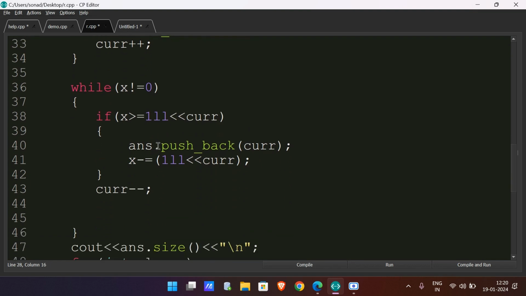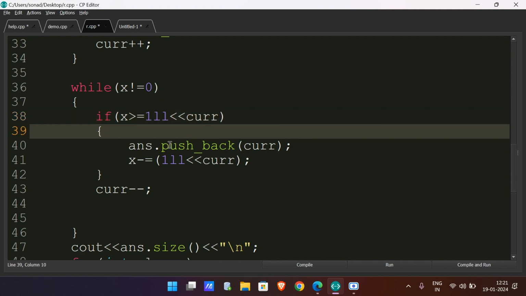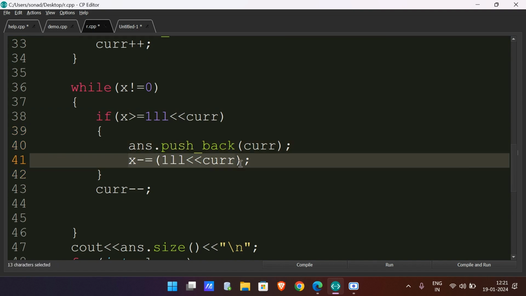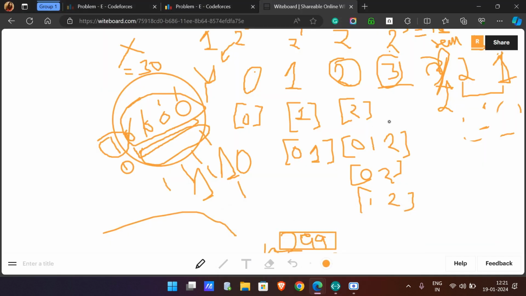So while x is not equal to 0, I can put any bit position over here. So current is 4 now. I'm reducing current. Which element can I put? If x is greater than 2 to the power of current, then I'll push that to my answer, and I'll reduce that from x, because that element has been used, and reduce the current again. As I've told, in this question I can put any set bit position. In this case, if I'll be searching, then if it is lesser than 2 to the power of 2,